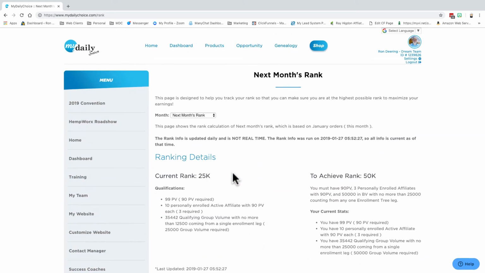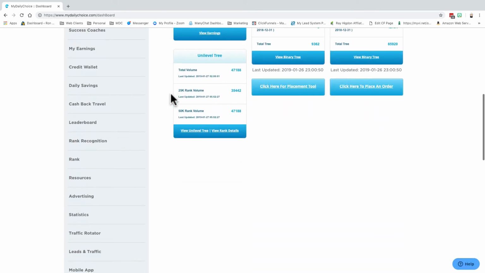So that's the power in the unilevel being your rank advance, because the more people you recruit, the more you can spread out that volume, right? And if you recruit 10 people and half a dozen of those are really hot to trot and are doing 4 or 5,000 every single month, or 5,000 and 10,000 as a rank advance, that's going to help you move up the ranks a lot faster.